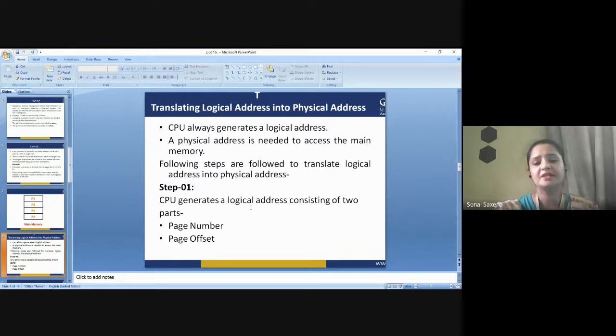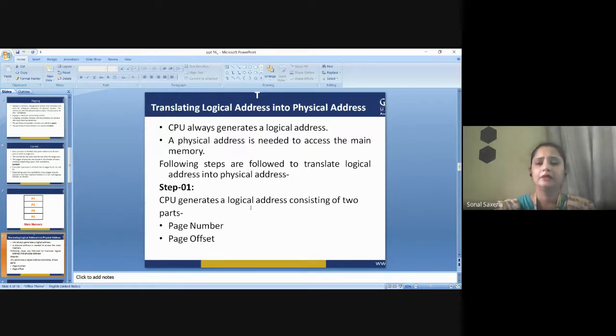Now, how is this process going on? As we have seen in the previous contiguous memory allocation, the CPU always generates a logical address. But the logical address is not the actual address of your process. It doesn't give you the actual address. Using a logical address, you cannot reach a particular process residing in your secondary memory. So how would I know the actual address? The actual address means the physical address. I need to translate my logical address into the physical address. So how would I do that? Let's see this.